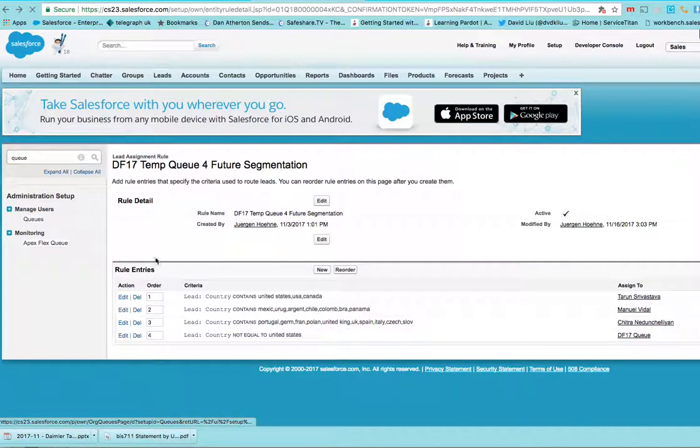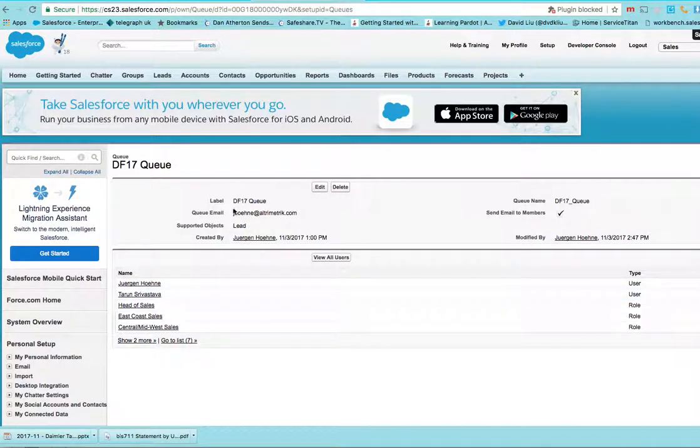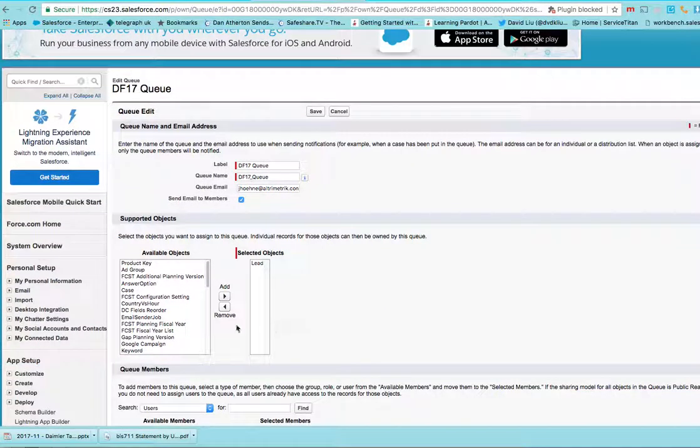And here's the queue that I set up, DF17Q. Here, you have a queue, send email to members. Anything that goes in the queue, that's the drop bucket. Then you can assign it by